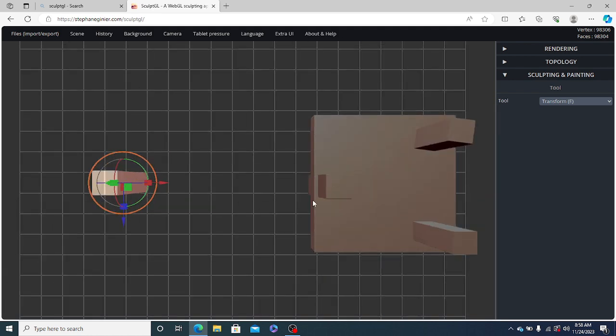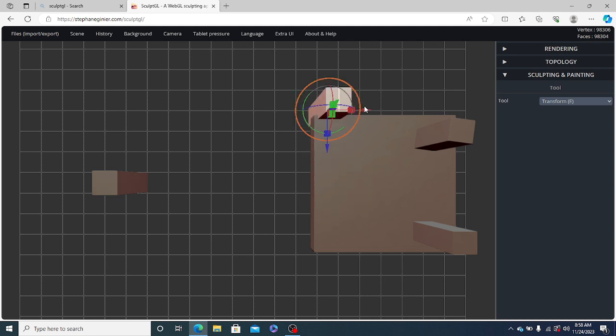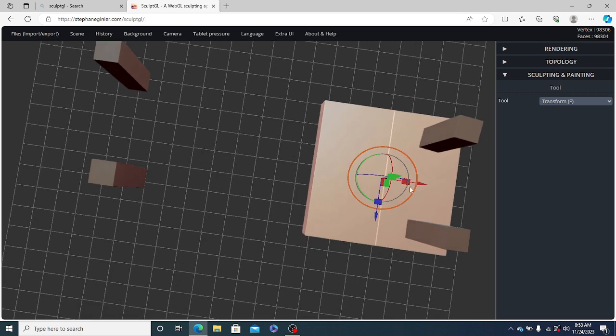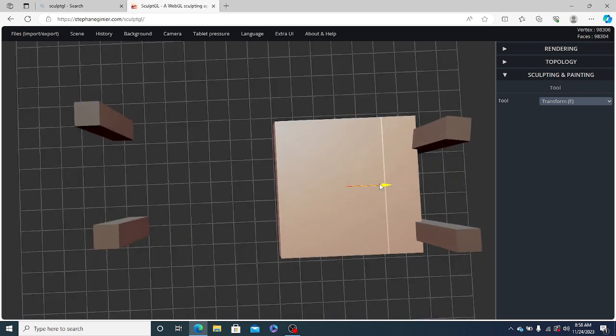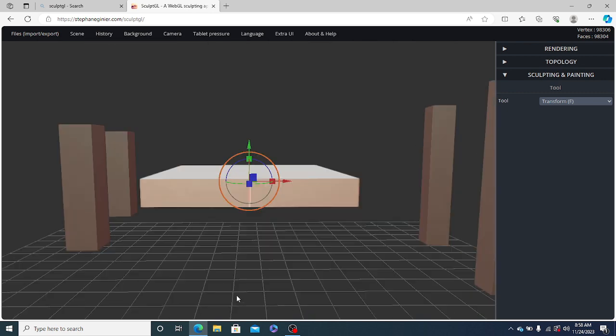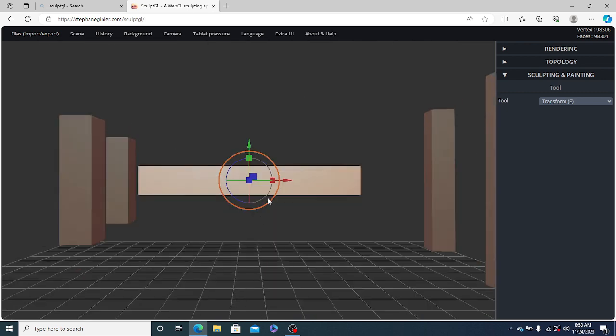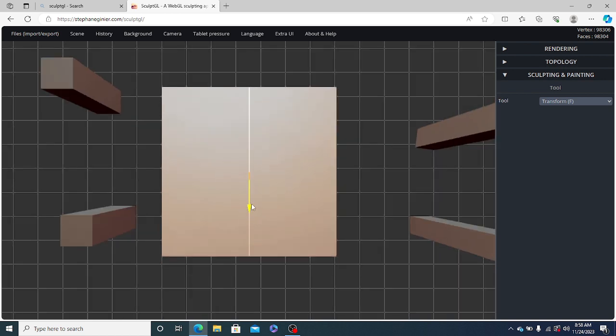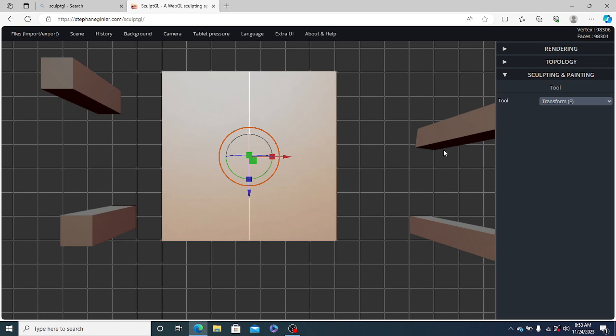So now back to the top view. We'll follow the same procedure. We'll move this towards the left hand side, as we'll be placing them on the edges now. Let us take the base cube in the center, back to the top view. We'll move it a bit upward, and then